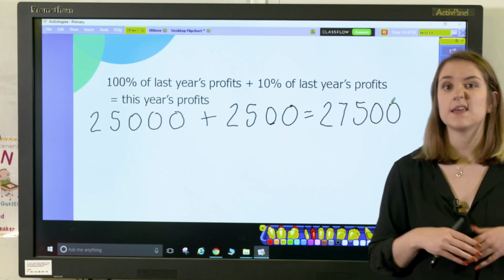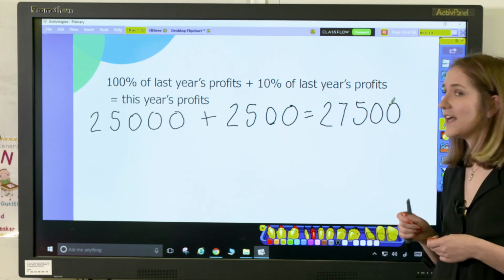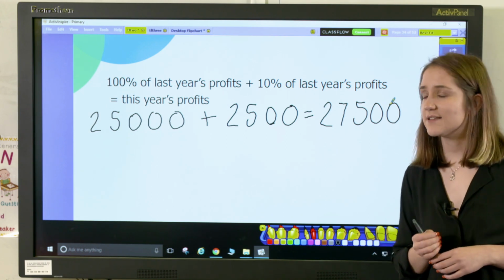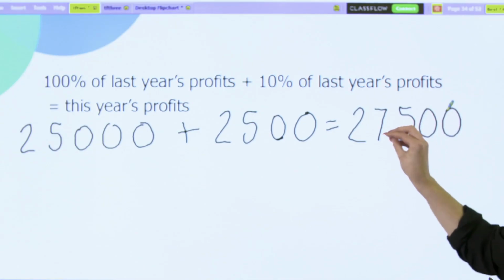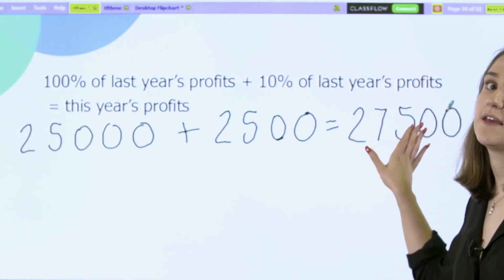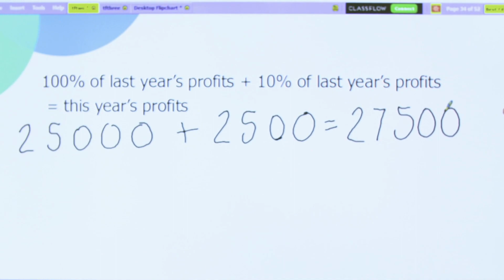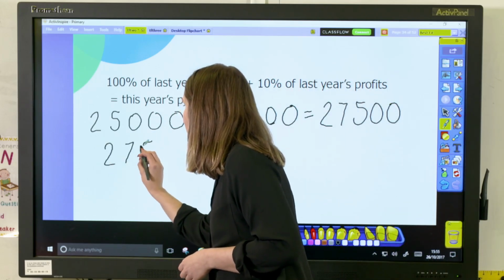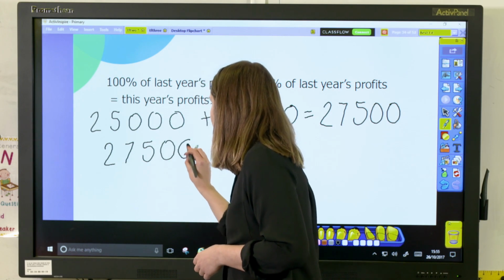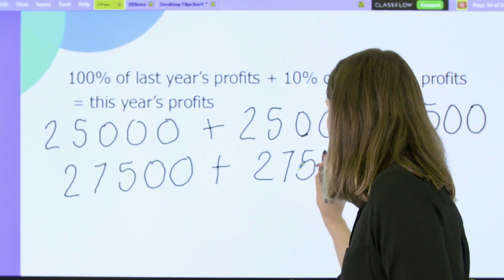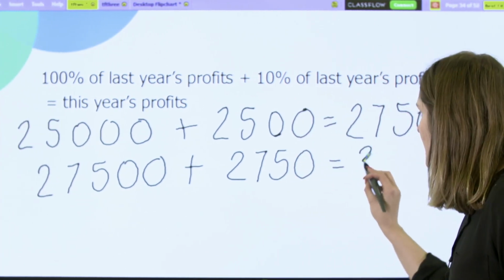However, this would be them making a crucial mistake. They haven't realised that the amount of profit that is being made is changing each year, and as such, the 10% is going to change in value. We're now going to have to take 10% of this value here, 27,500. So to work out year 3, we'll have to do 27,500 add 2,750, which equals